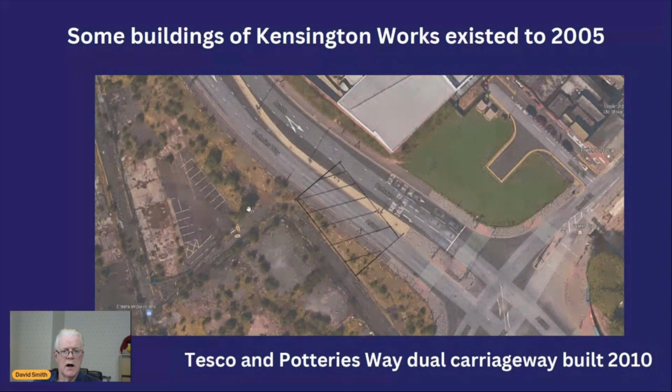So the Kensington Works. Some of those buildings that I showed you a picture of earlier existed up until 2005, when Tesco came along and agreed with the council to build a big Tesco Works, and also at the same time fund the building of a dual carriageway called the Potteries Way, which was built in 2010. You can just see on a little Google map that I printed off 3 or 4 years ago